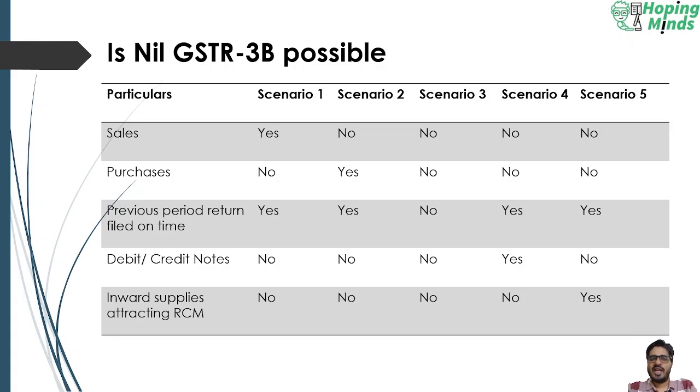In the fifth scenario, we have sales, no. Purchases, no. Previous period return filed on time, yes. Debit notes, credit notes, no. Inward supplies attracting RCM, yes. So again, in this case also, we are not allowed to file nil GSTR-3B return as we have liabilities against inward supplies attracting reverse charge mechanism. We have to pay the GST on reverse charge, and correspondingly we can claim the input tax credit against such